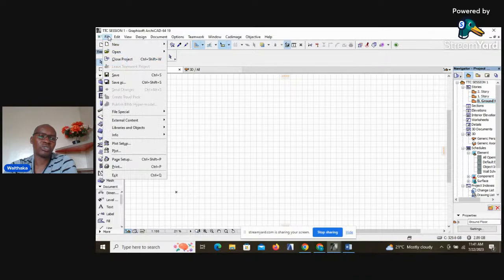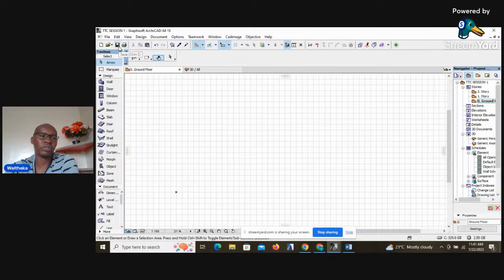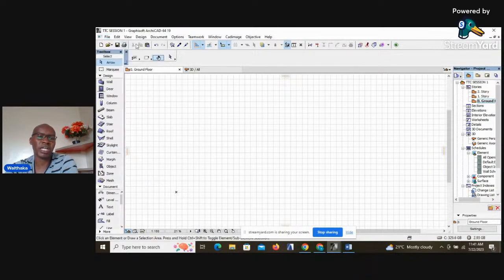Instead of going directly to the file menu for us to be able to save, we can just hit directly on the save tab and we'll be able to save. We have the printing option, but we can still print via the file menu. But these are just shortcuts to various commands that are housed within the menu bar. And we'll be using most of them quite often because they are quite important as we